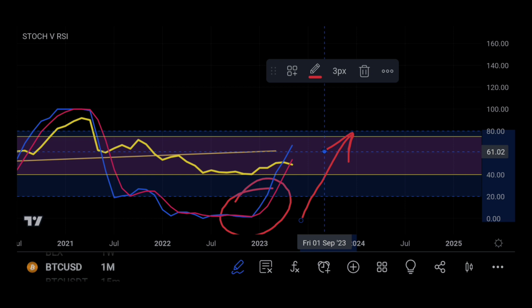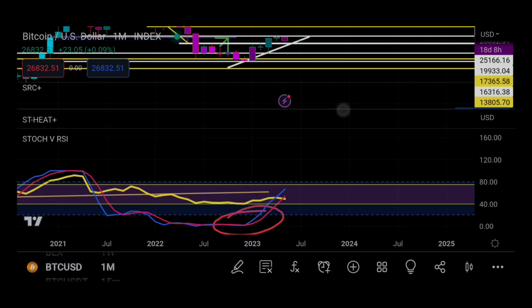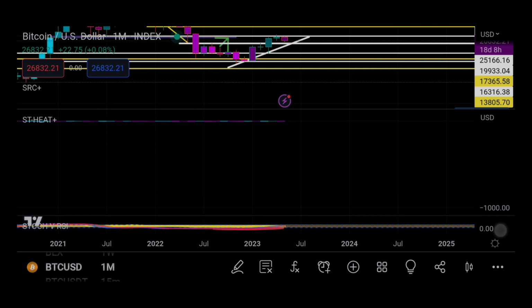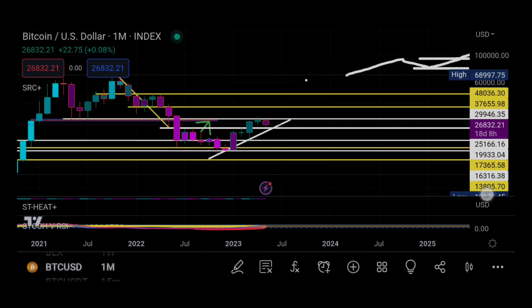So all of this is giving us a higher time frame, saying that, guys, next month, the month after, probably maybe in 4 months, maybe in 6 months, it might take 6 months for us to get there, but whatever happens, we are going to be very, very bullish. And we are bullish right now, as you can see. And the bull market is on a continuous trajectory. So that's how I look at certain things. Obviously, it's a bit silly the way I'm doing it, but that's how I do it. And of course, I'm doing it on a phone, which is more silly. But that's not the point here, guys.